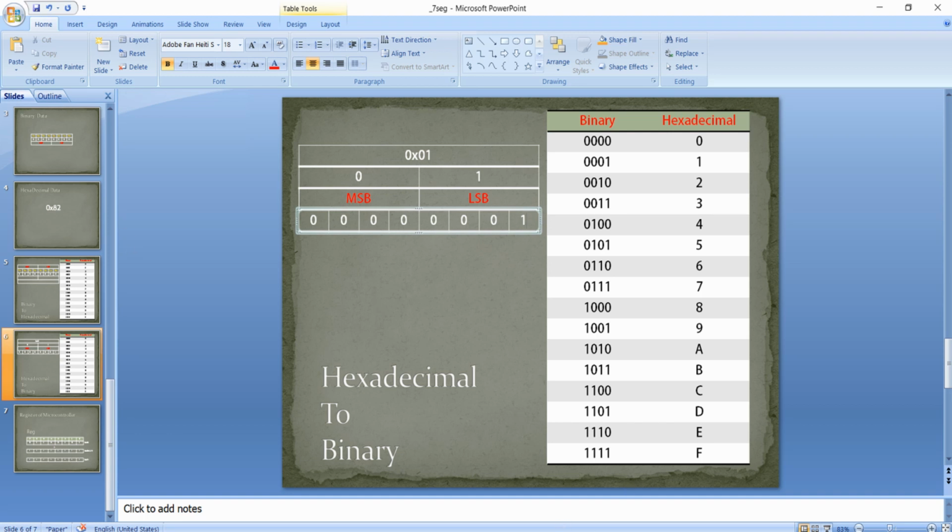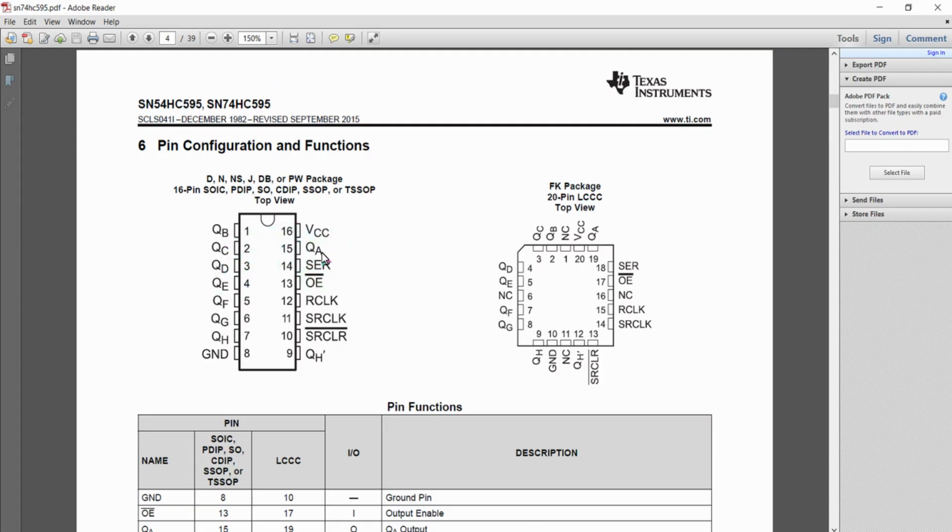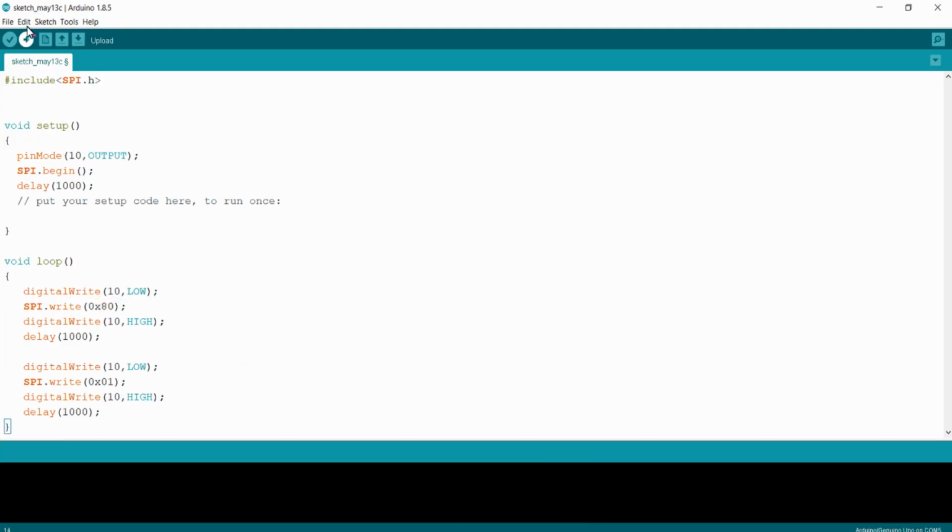The 0th bit in our shift register is QA or Q0, which will be lighted up and all the other pins will be turned off. So this is the logic. QA will be lighted up and after 1 second QH will be lighted up. All the other pins will be turned off during this process. This is the logic that we have written. Now I am just going to upload the sketch to the Arduino Uno development board.